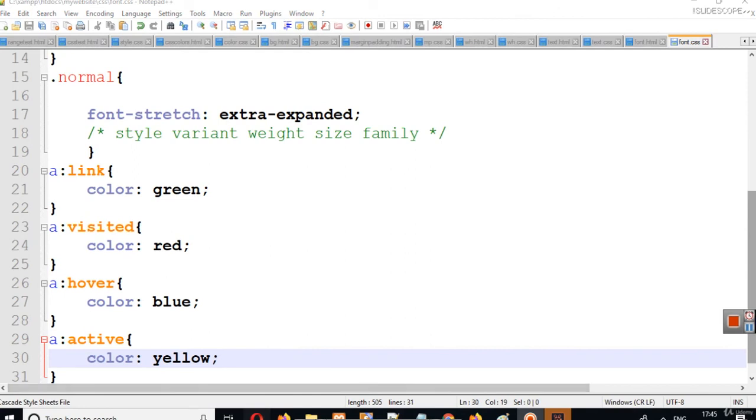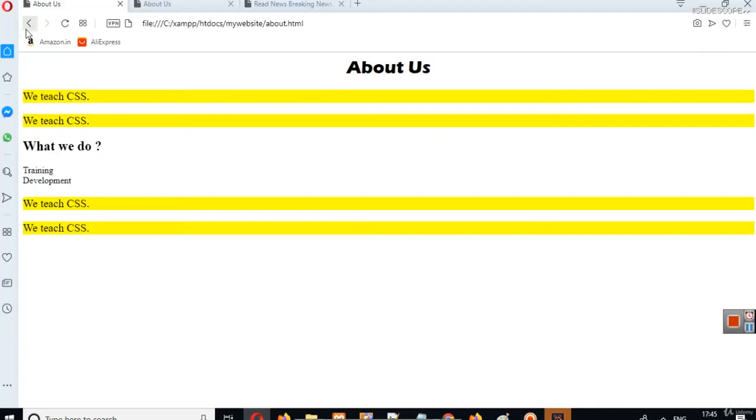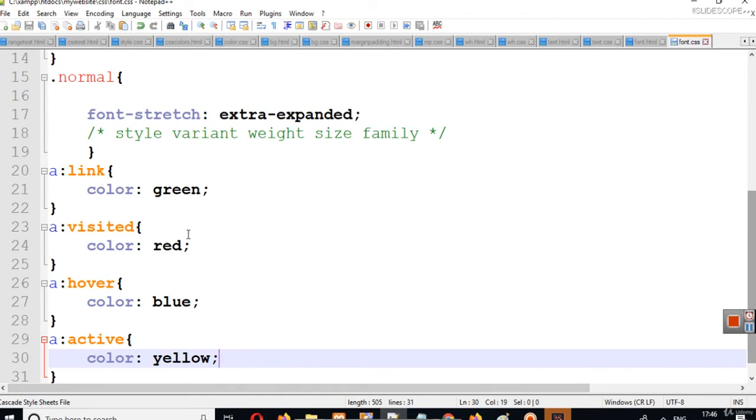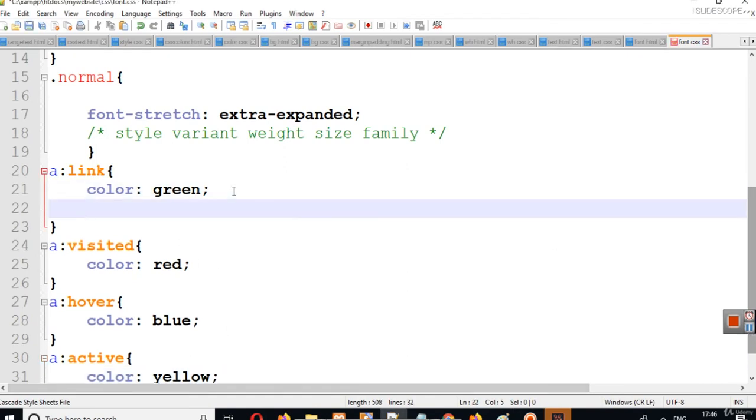We can also notice one thing, that for every link here we have an underline. So with every hyperlink, an underline is added by default, and we can remove this underline also. We have discussed it in the part of text decoration.